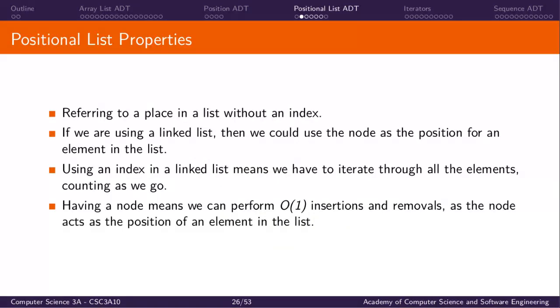So it allows us to refer to place without index. If we happen to be using a linked list, then we could use the node to implement our position. Right? We could if we were using a linked list. We're not restricted to that though. If we were to instead use index to refer to place in a list and still use a linked list